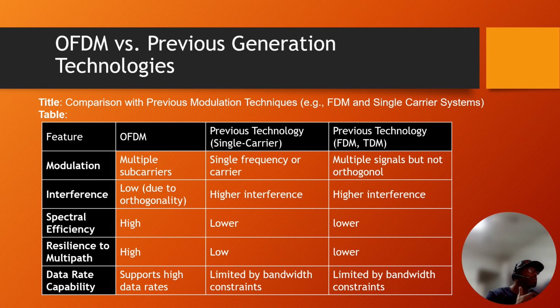By dividing data into smaller streams sent over multiple subcarriers, OFDM ensures that even if some of the subcarriers are affected by multipath interference, the overall data transmission remains reliable. This is especially important in modern communications systems like Wi-Fi, LTE, and 5G, which operate in complex environments where multipath effects are unavoidable. FDM and time division multiplexing use multiple signals as well, but TDM will still have issues with multipath